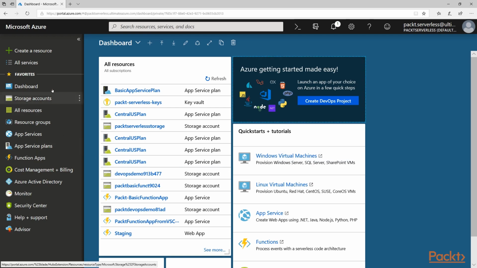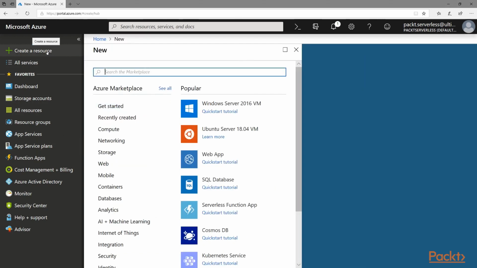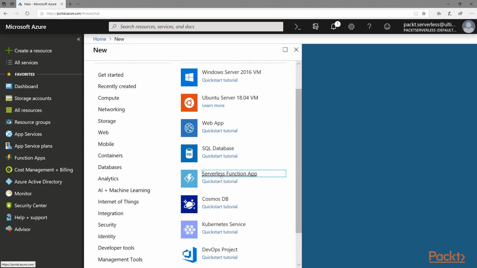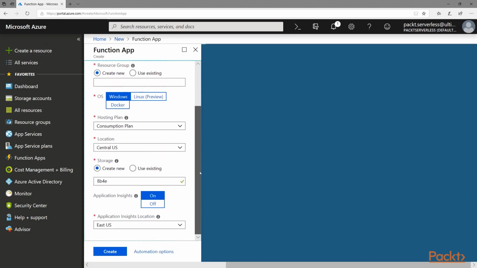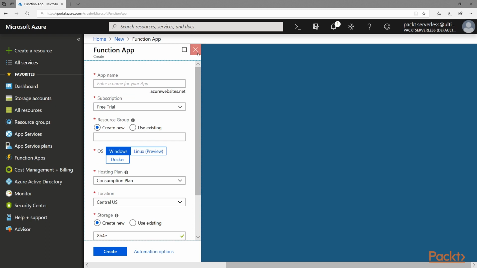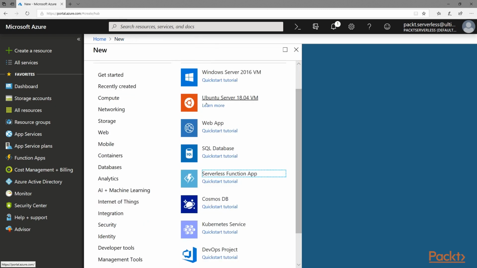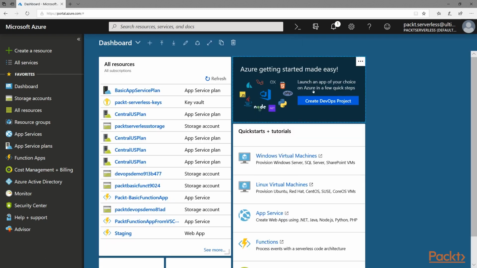Here we are inside the portal, and I'm going to go ahead and create a resource. Select Serverless Function app. I don't need to provide any of these details because I just want to point out that when you're creating your function app, you do have the ability to create an Application Insights account with it. But for the function apps that we've already been creating in this course, we've not enabled that. And that's just so that we can show you how to add or change your Azure Functions connectivity into an